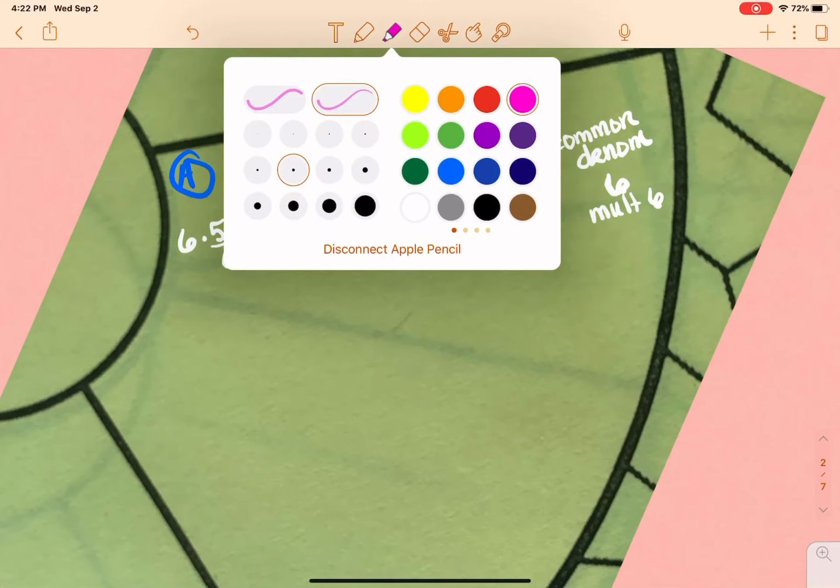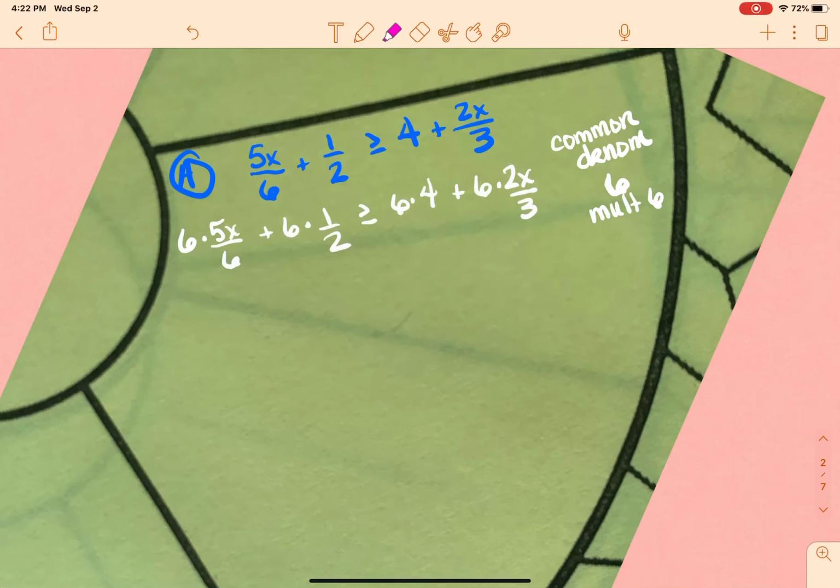Now, I'm going to use my highlighter just for a second so you can see this. But on these problems, I want us to focus on the number part. So those are the number parts. Now, on the first one, I would say multiplying by 6 and dividing by 6 are opposites. That means that for that term, you're left with 5x. Now, this whole part is completely numbers. There's no variables. So if I do 6 times 1/2, that basically means 6, and half of 6 would be